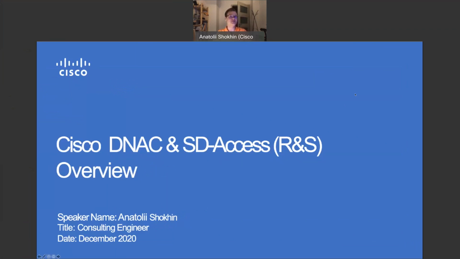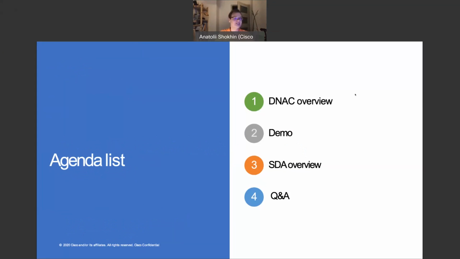Today's topic is going to be DNA and SD-Access in routing and switching, even though other platforms like wireless are supported there as well. Since I'm a routing and switching engineer, I think it would be fair enough to comment from that side. An agenda for today is, first of all, we will talk about the DNA Center overview,